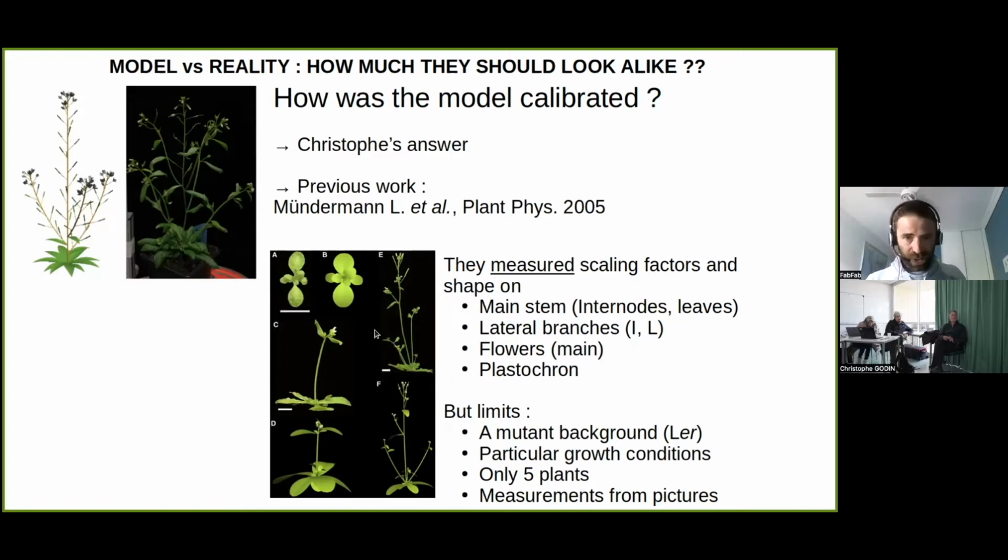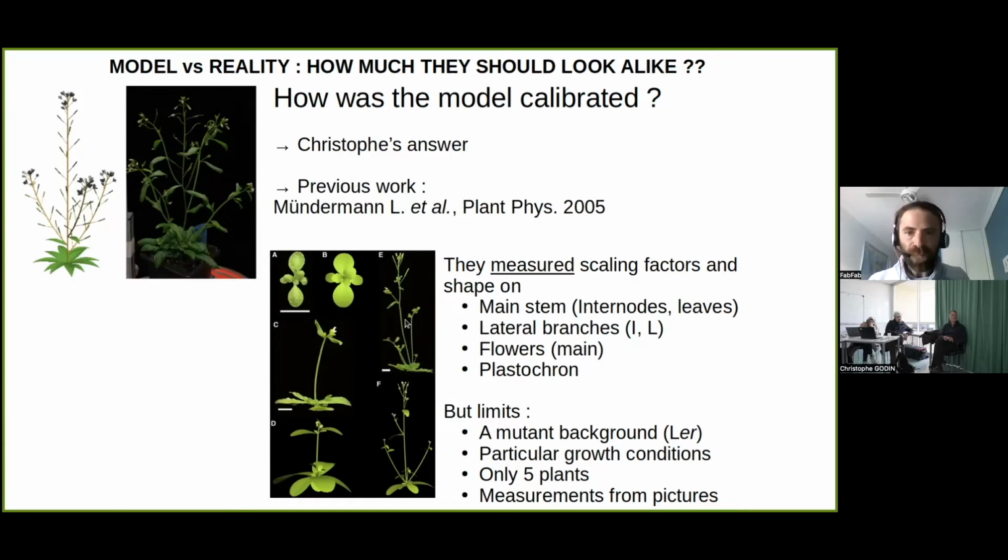And in this article, they generate an L-system model of Arabidopsis, they describe it, and they incorporate measures and countings that they precisely made on real plants into their